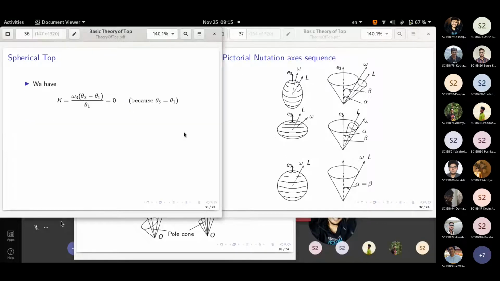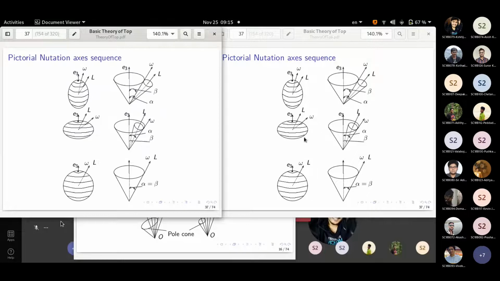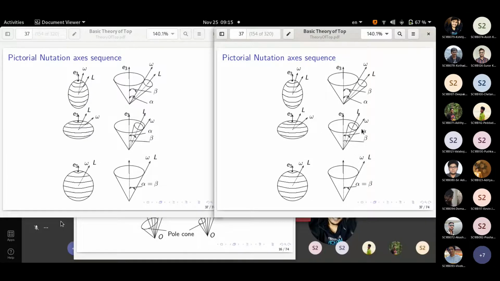So this sequence also we indicated earlier for each of these. This is what we were discussing. So the figure axis is the E3 axis. You have to imagine the object under rotation is kept there, but the angular velocity, you can see it is tilted, this omega, you can see. So the angular velocity vector is tilted away from the symmetry axis. Even though you give a spin in that direction, what actually happens is it is slightly shifted away because you have this additional rotation called the precession and the nutation which comes into picture.